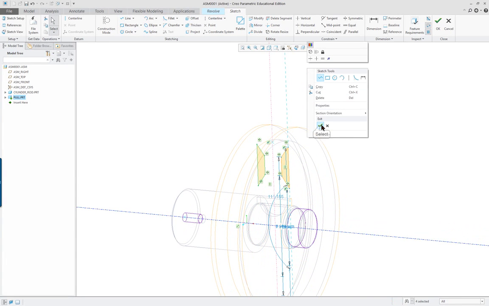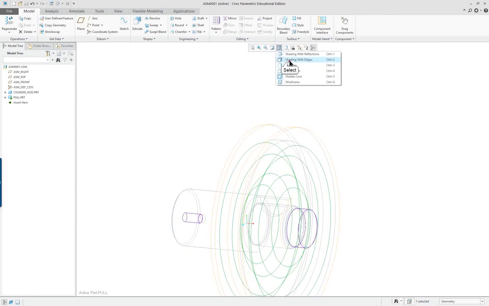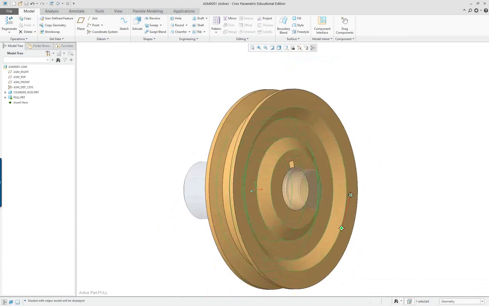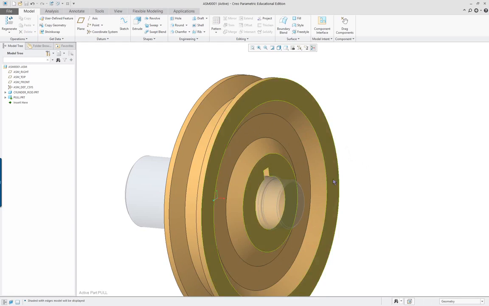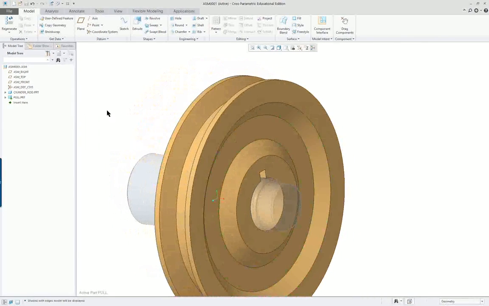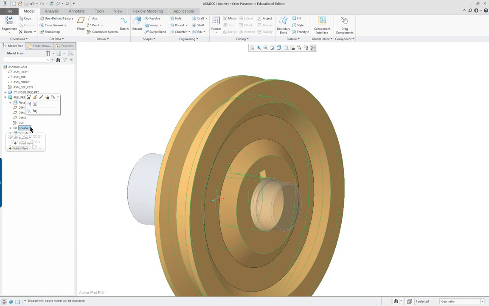Right mouse button, check. And check and shading with edges. So, looks a little bit better. Now I'm going to open it up in the model tree. And here's my revolve. Here's my